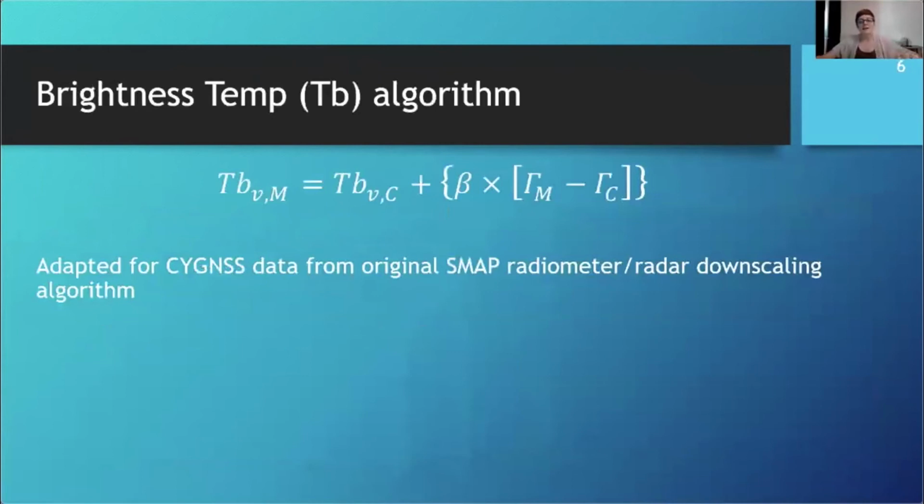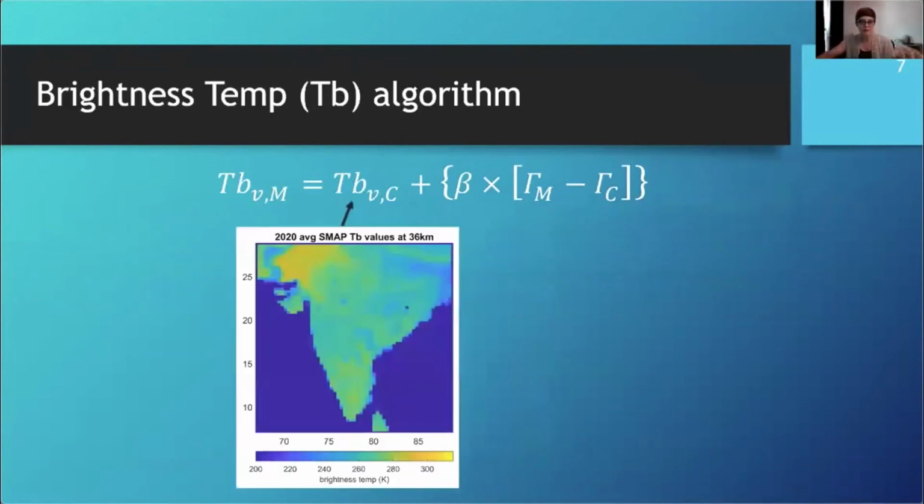Now we can discuss our brightness temperature algorithm, which is adapted from the original SNAP radiometer radar downscaling algorithm, altered to work with Cygnus data. Next, I will step through each variable in the algorithm. The first term on the right-hand side is the SNAP vertically polarized brightness temperature at the 36-kilometer scale, where C